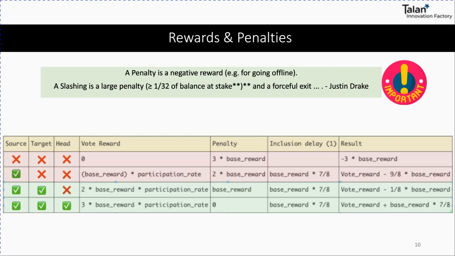Once you have these, you can miss one of them, or have two correct answers and maybe one wrong. It can happen that you do something wrong, even unintentionally, because you may have a bug or your internet connection may go off, and then you have a reward or a penalty depending on how you scored here, and of course an inclusion delay. You also get a reward if you vote really fast, which is a good thing.